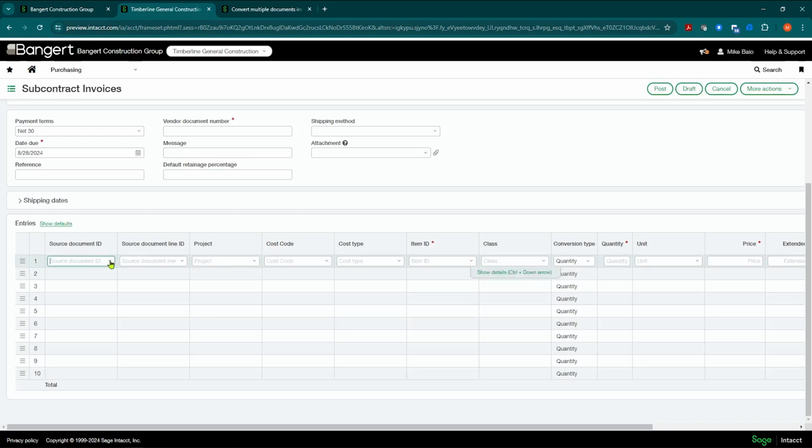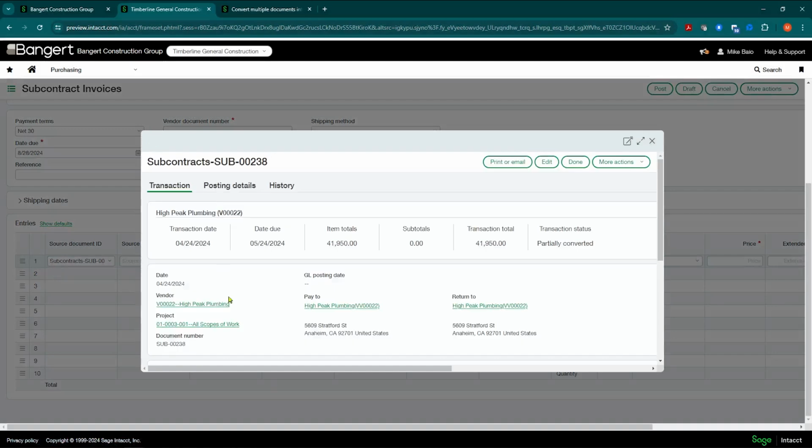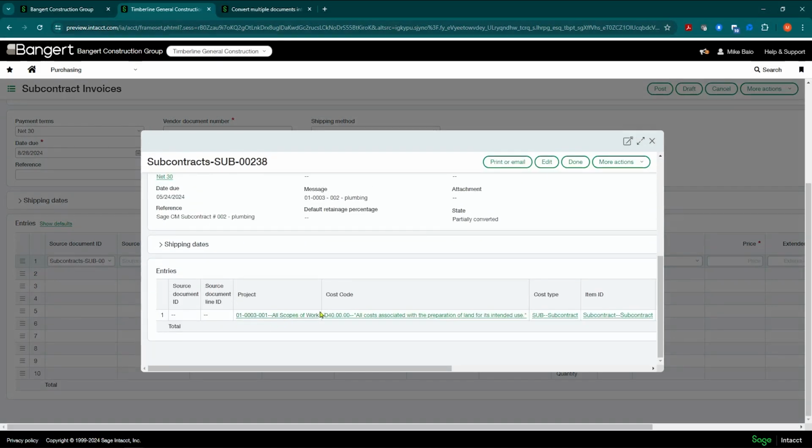And now I can hit my drop-down list. And because I selected that vendor already, it's going to show me the subcontracts for that vendor, just like that list we saw before. And you could select it here. If you're unsure of it, you can click view and it'll take you into that subcontract document. You can see the detail. And you can see the line items and all that stuff like that.